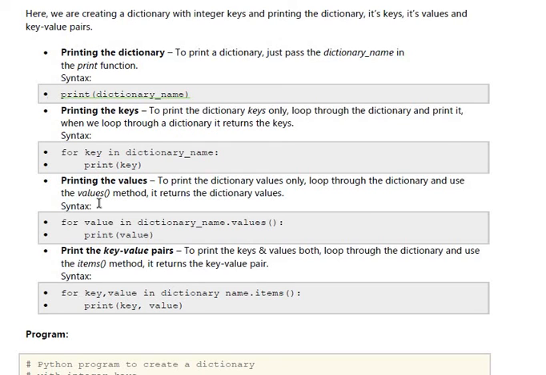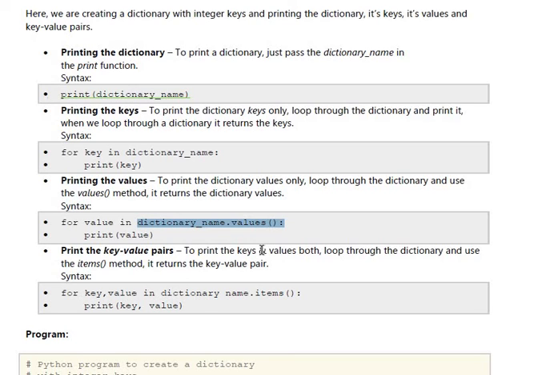Next, if we want to print only the values: in the above function you print only the keys, but to print the values of the dictionary we use the dictionary name dot values. The values function retrieves only the values of the keys, not the keys.